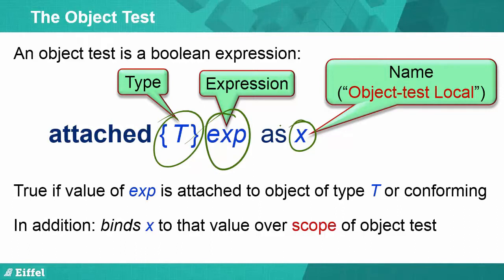This is a quite general mechanism, and it provides us with the following semantics. It's a Boolean expression, right? So it has a value true or false, and the value is true if and only if the value of exp, when this expression is evaluated, the value of the expression is attached to an object whose type is t, or a conforming type in the sense of inheritance, meaning an object that could be used whenever we expect a